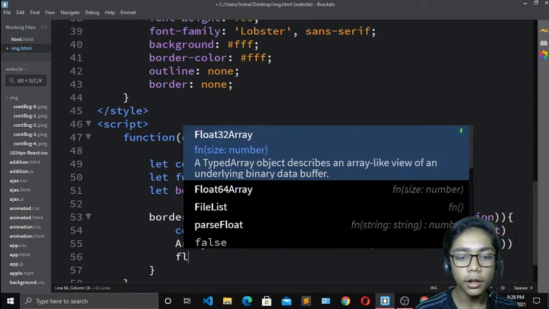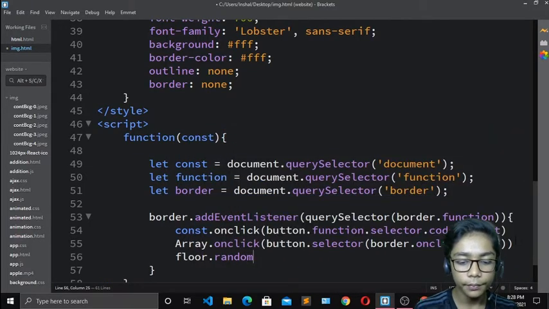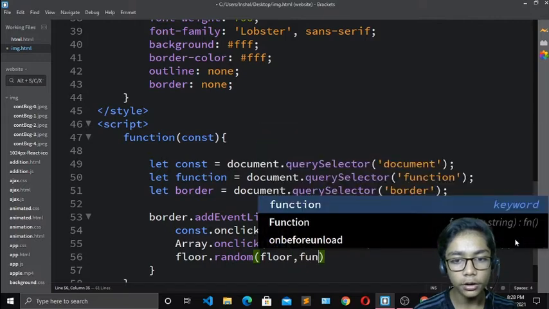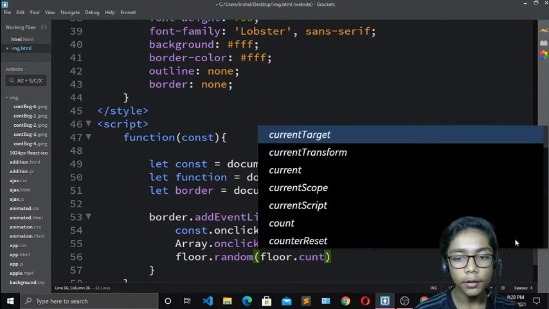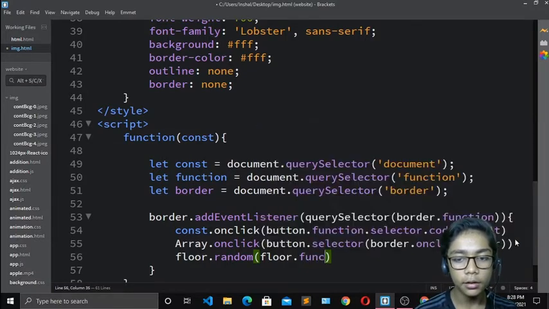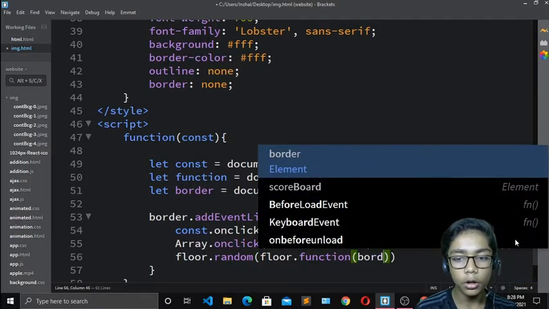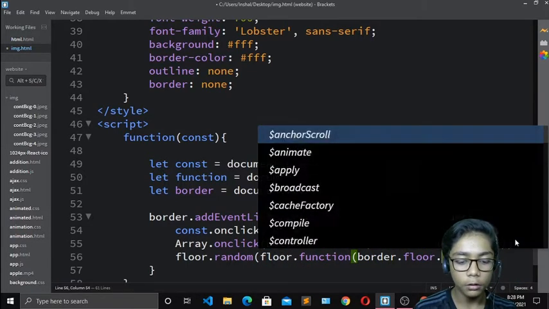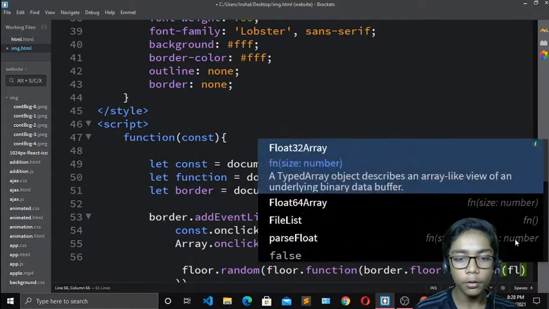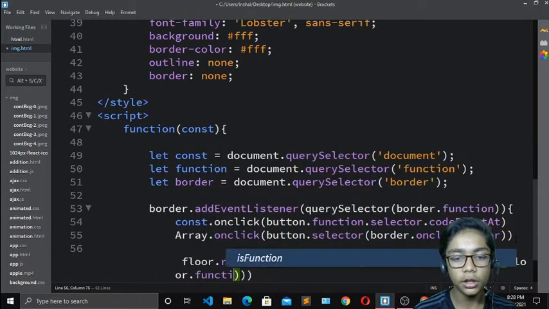Now when you've done that, write floor dot random, and write floor dot function tag again. Okay, and now write border dot floor dot function, and write over here floor like that, and write dot function again with that.